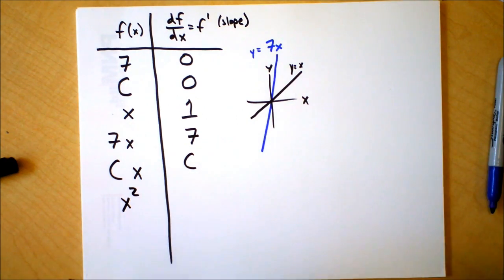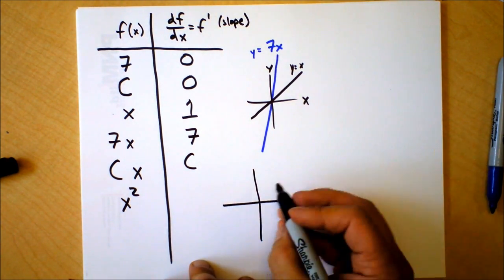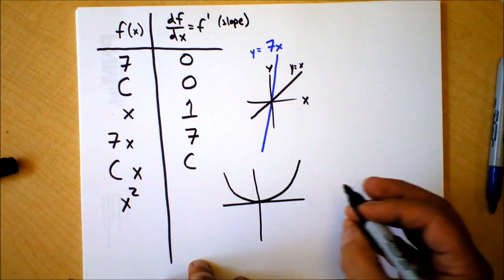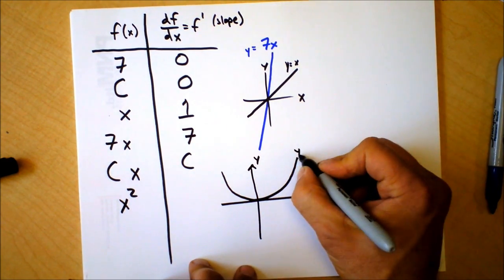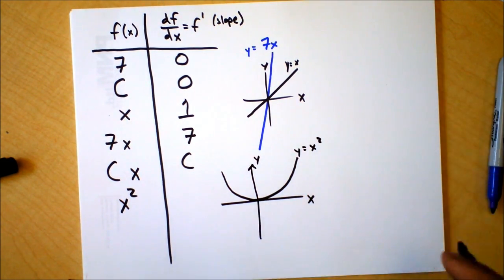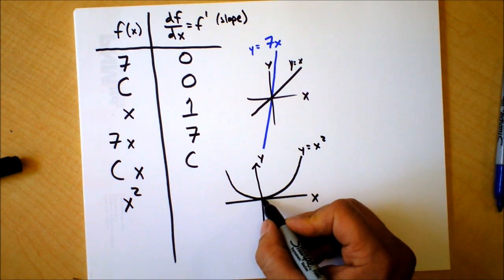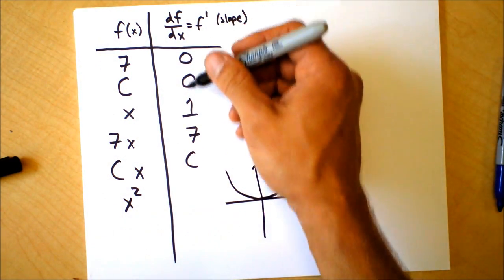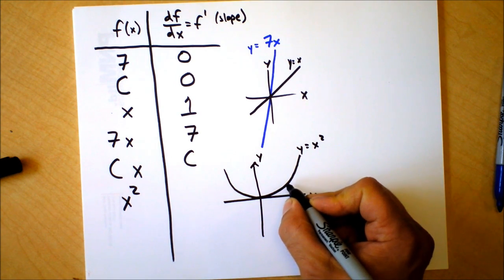If I have a function x squared, let me draw a picture of that for you over here. X squared is a beautiful function that makes a parabola. We've got y here and x here, and this is y equals x squared. And it never goes negative. But the interesting thing is the slope is not a constant. All of these slopes have been constants so far. But this slope gets bigger and bigger and bigger